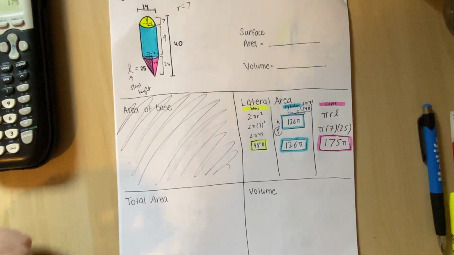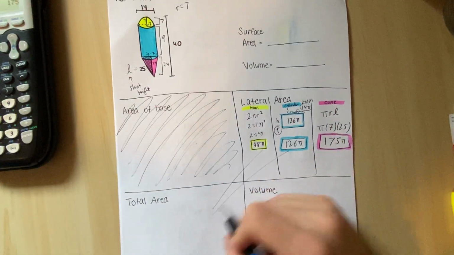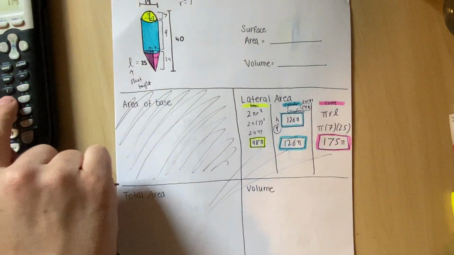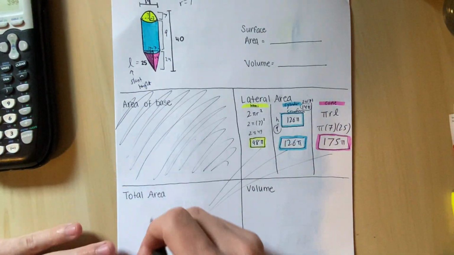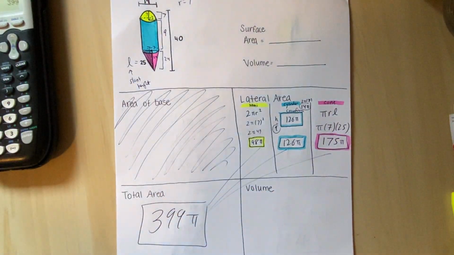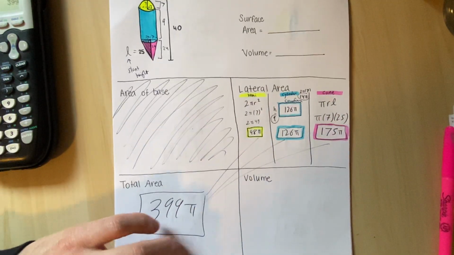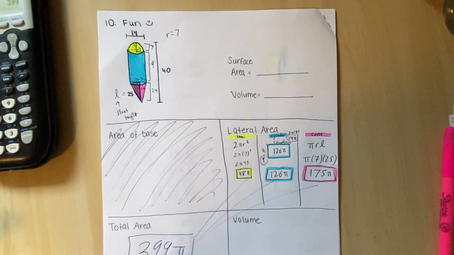So in bigger terms, the total area is all these three things added up. If I add up all that, 98 plus 126 plus 175, that'd be 399 pi. That's the total area of adding those three things up. So this one you had to think a little bit harder. This one is way easier, because when you're doing lateral area, it's like you're picking and choosing